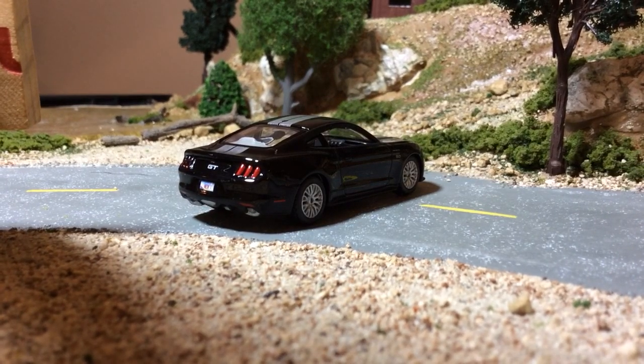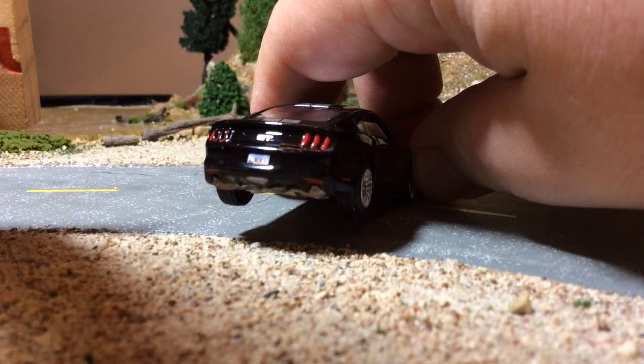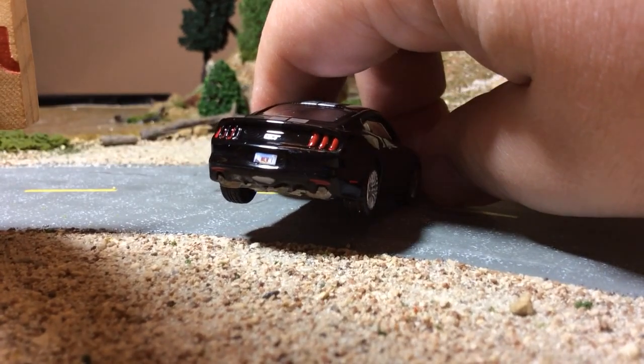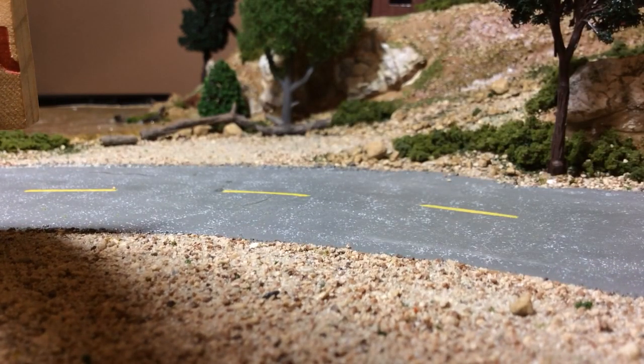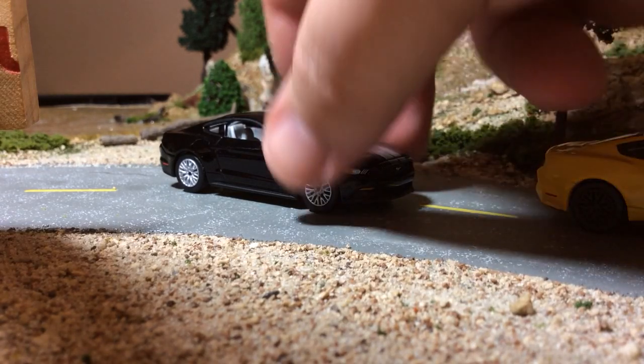So this is just a sick casting. I'm really glad it was still there. The other night I had to pick, and I picked the Cadillac and the Roadrunner. And so I'm glad it was still hanging on the pegs. If no one else wants to take that home in 4 or 5 days or whatever it's been, I'm happy to take it home. So anyways, so that's your new